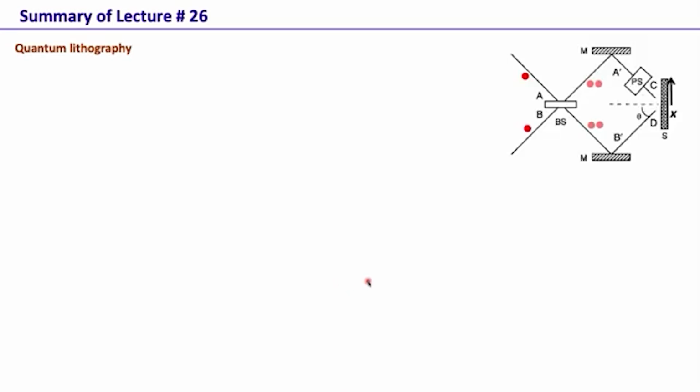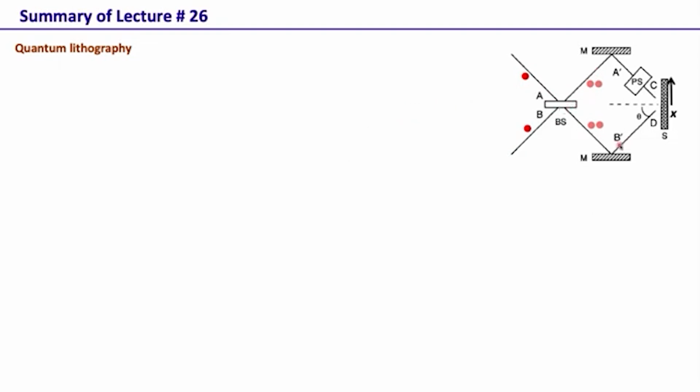Before we get started with today's lecture, let's look at what we did last time, in which we looked at two applications of quantum information. One is quantum lithography. In quantum lithography, one utilizes what's called the Hong-Ou-Mandel effect. In the Hong-Ou-Mandel effect, we have two photons coming at a beam splitter, getting bunched and then going either